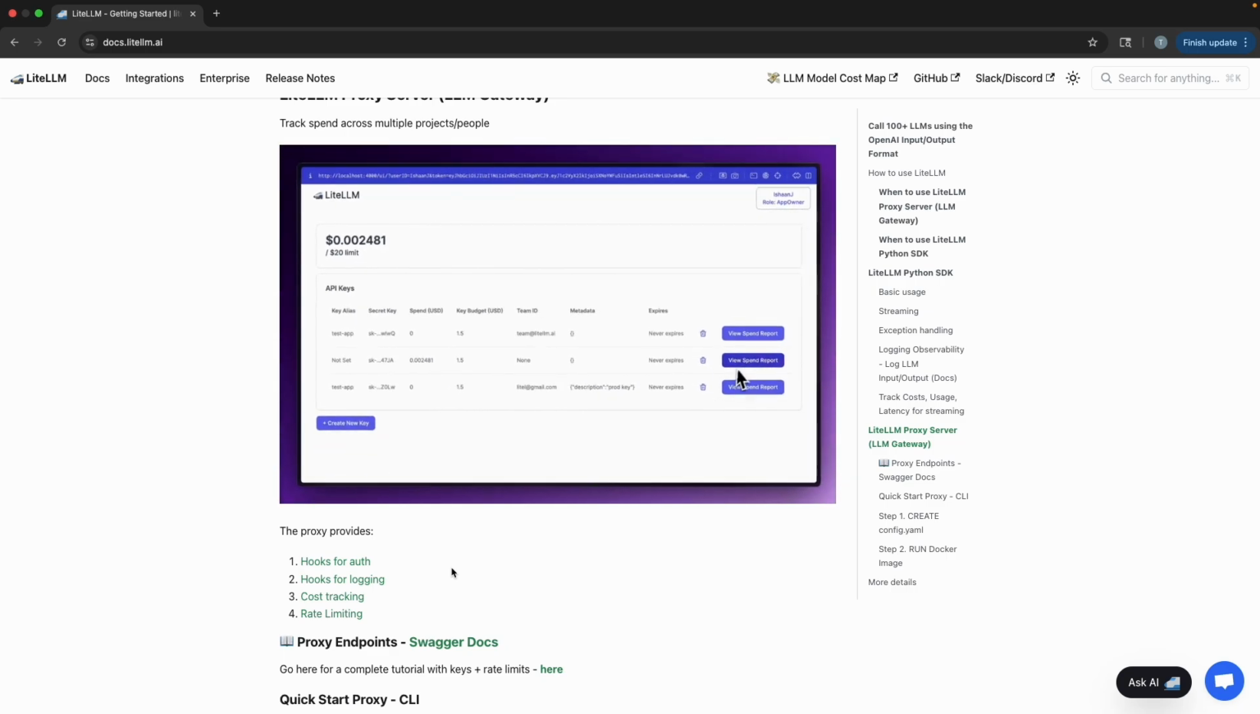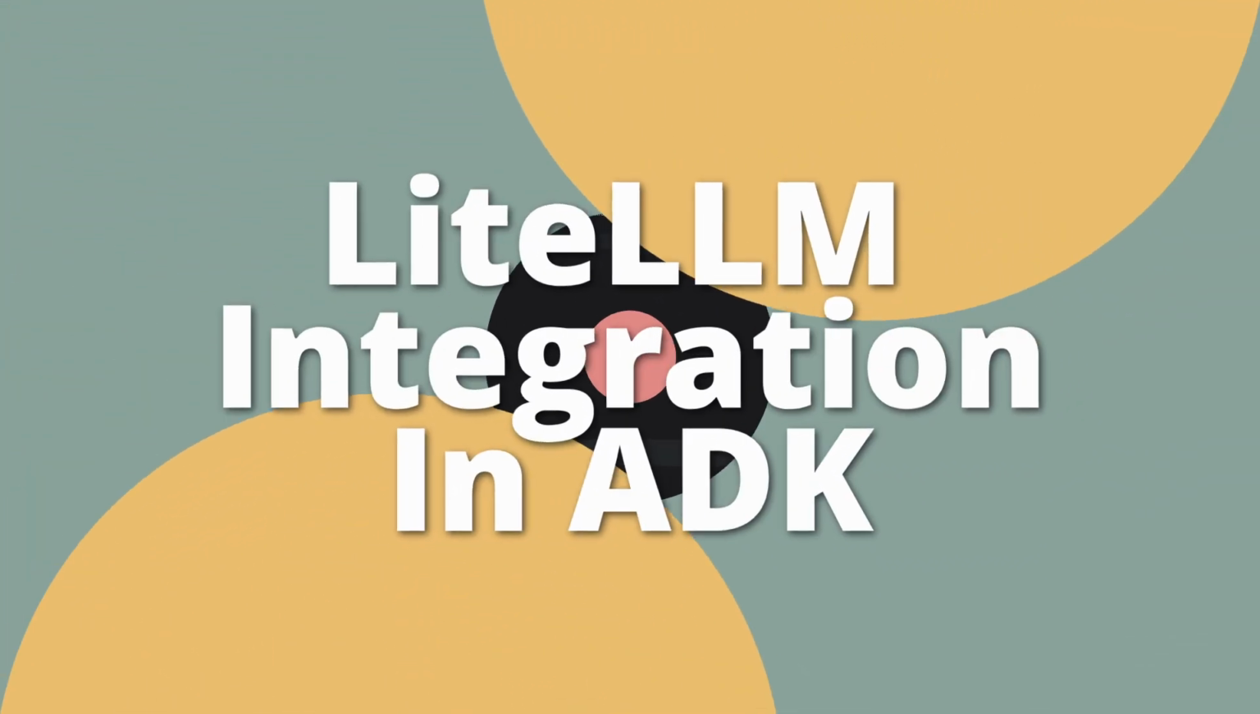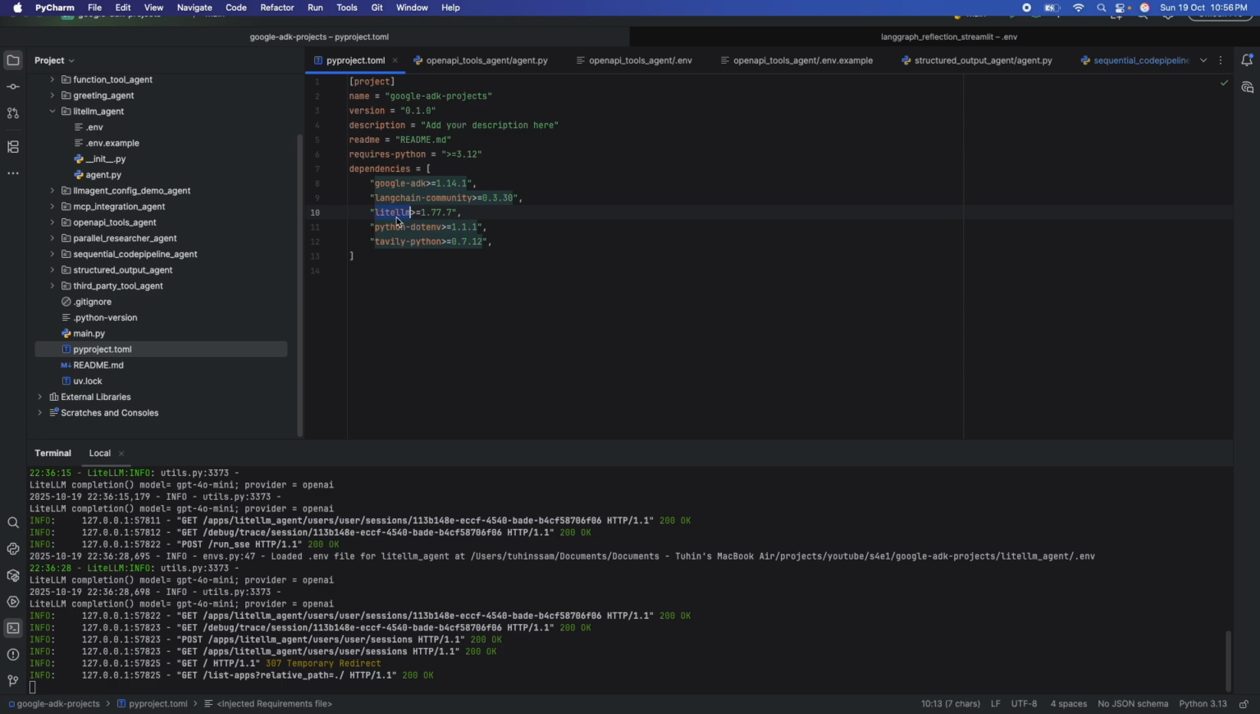Now let's get into the implementation. In order to use LiteLLM, we need to install a particular package called LiteLLM. For this demonstration, we'll be using three packages: Google ADK, LiteLLM, and python-dotenv. Google ADK is used to build the ADK agent, LiteLLM is used for the LiteLLM interface, and python-dotenv is used to read the environment variables from the .env